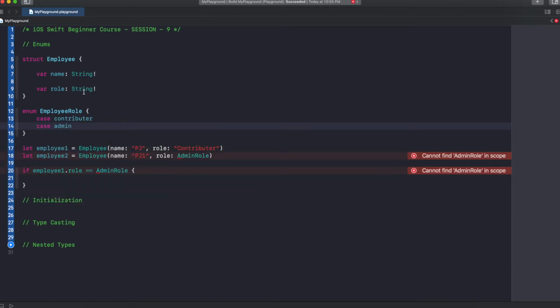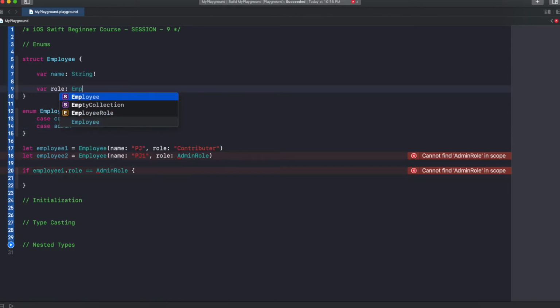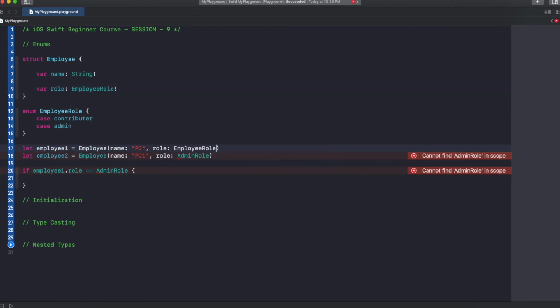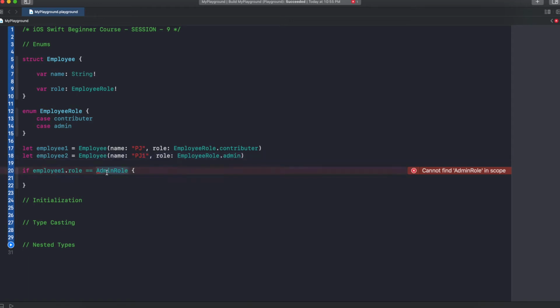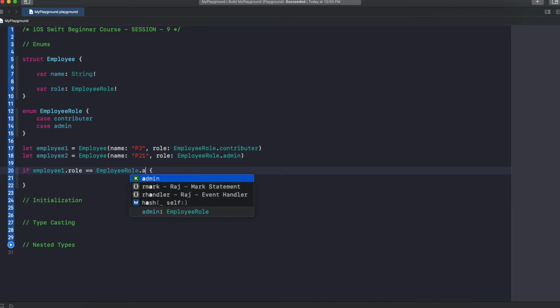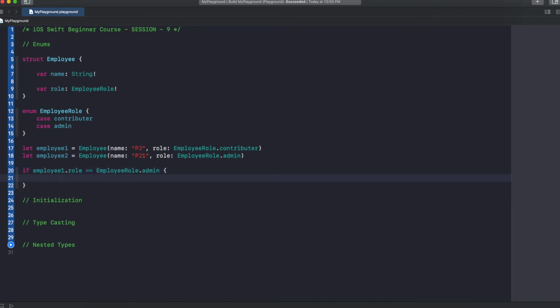Now I will change the data type of this role to EmployeeRole, and then here I pass EmployeeRole.contributor, EmployeeRole.admin, and here I check EmployeeRole.admin. So it's much easier, right?